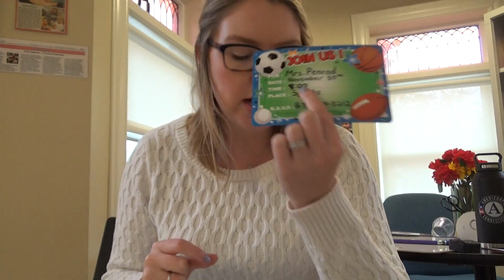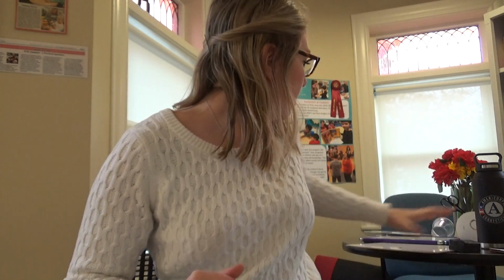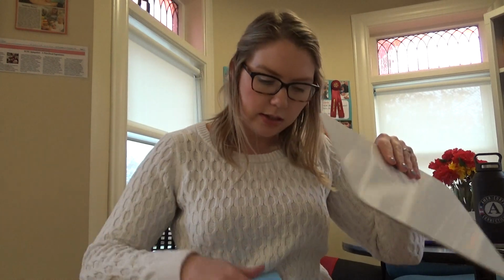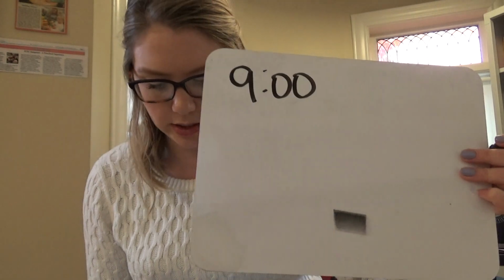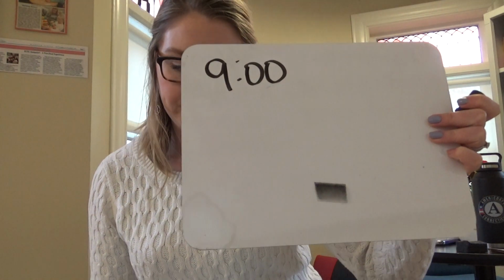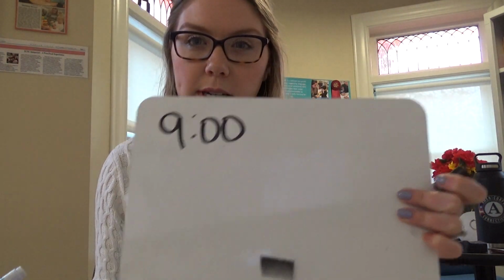And so he wrote that the event is at 9 p.m., so you can either write time in what's called a digital form. So he wrote 9 o'clock like this so that I know what time the party was,